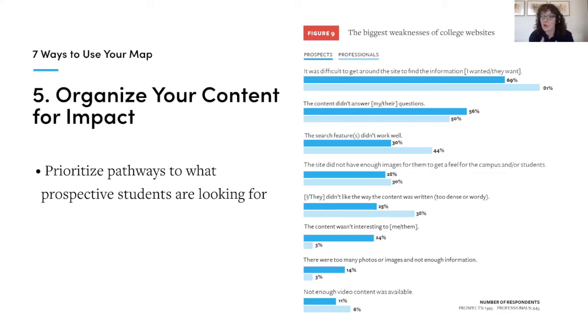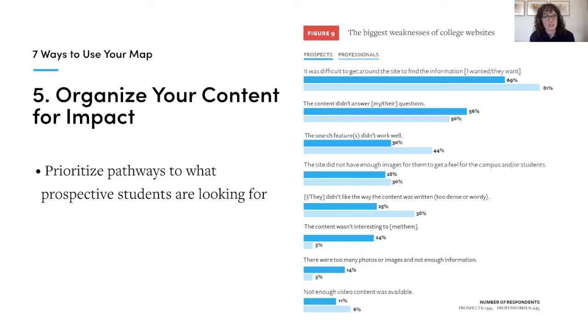Again, I'm thinking of program pages as a great example. We know from the map that one of the top questions in Understand and Explore is, what programs am I interested in? Do you have my major? Do you have the program I'm looking for? They're all sides of the same question, but really it's, do you have the program I'm looking for? So if you know that that's a top question and you know that it's happening early in the prospective student journey, that means that it's going to be a question that's on students' minds probably the very first time they're visiting your institution's site. So what that tells us is it might be